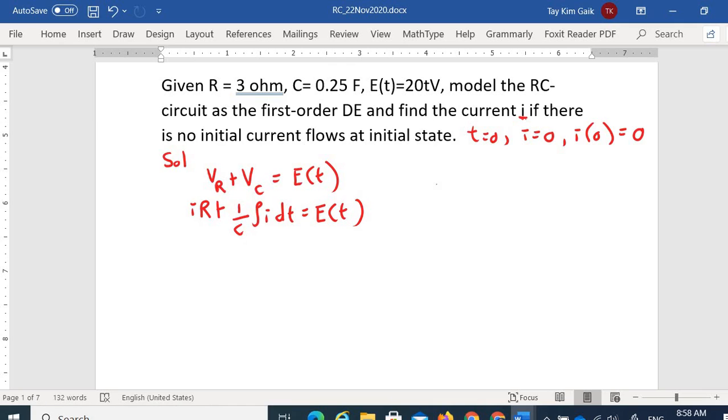So you have to eliminate the integral by differentiating the left hand side. R and C are constant. That's why you have d/dt of I, you have di dt. And then when you differentiate the integral,